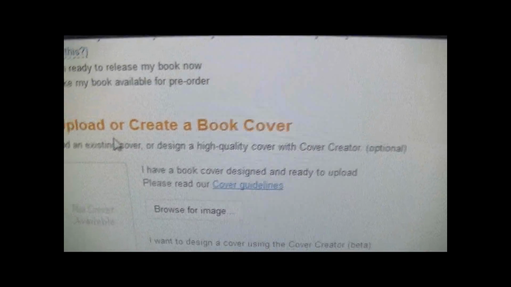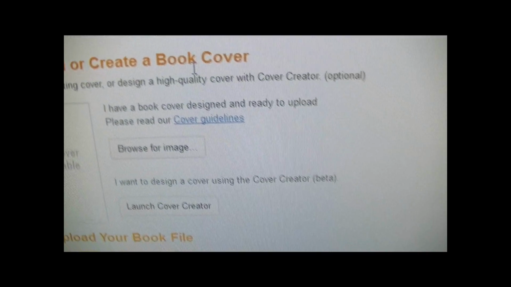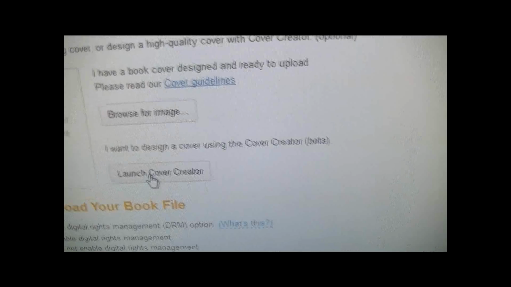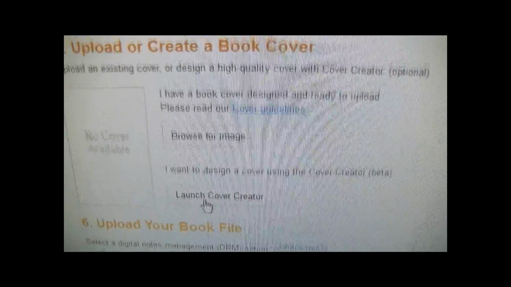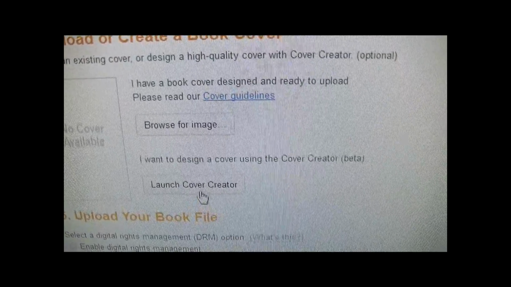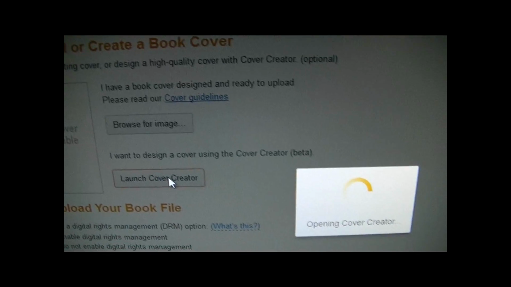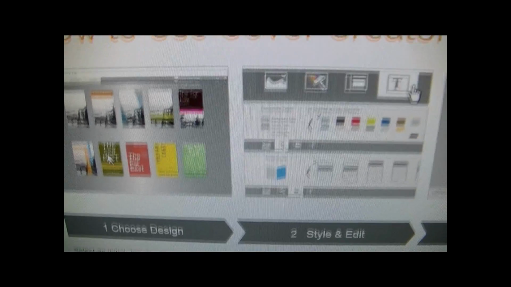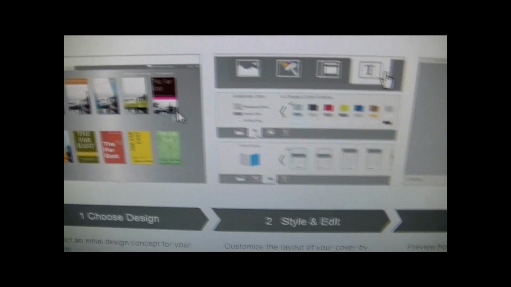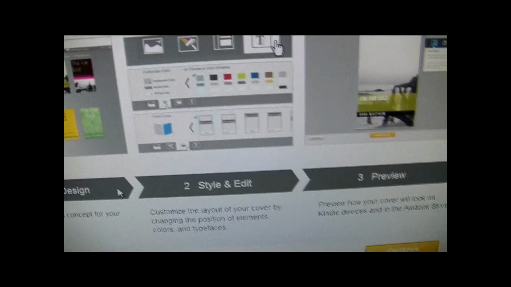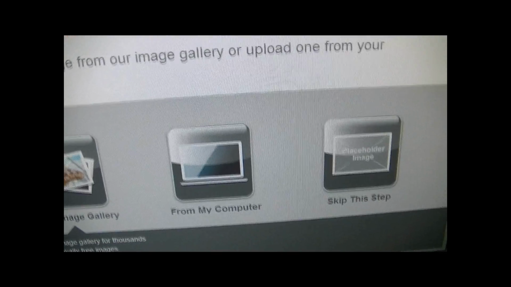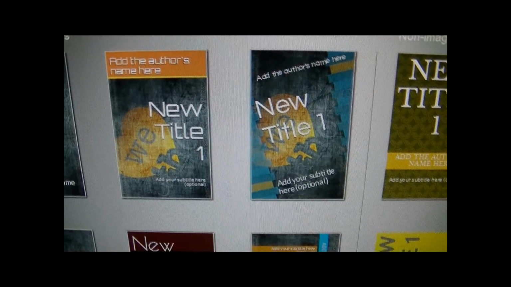And you can either upload or create a book cover, and usually from this I launch the cover creator, and once you do that you get a template of a lot of different options. Let me just go ahead and click there, and it just brings you through a lot of different formats. You pick the style, the color, and all that, and you can preview it or whatever. I'm going to close out because I didn't upload anything. This is just strictly for show. So I'll go back here,